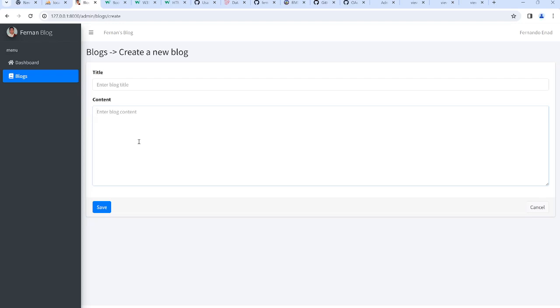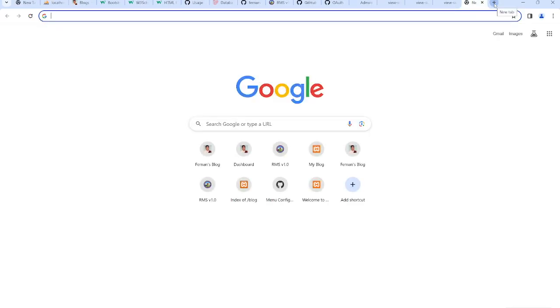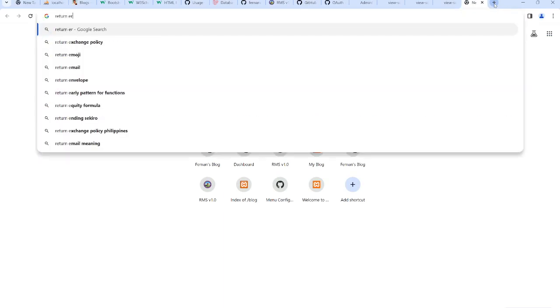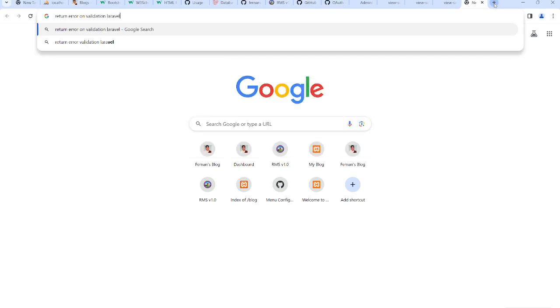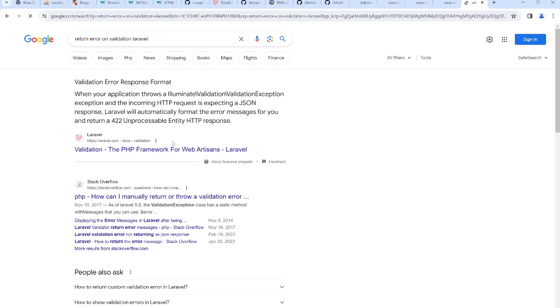Now, there's something that we actually need to add if ganahan ta nga mura bitag mo display ang error. Say for example, naka-click kag save nya wala kag butag title, no? All right? So it's important that we add that because that is for user friendliness of your application. So what we can do is you could type return error on validation Laravel so that we will be able to